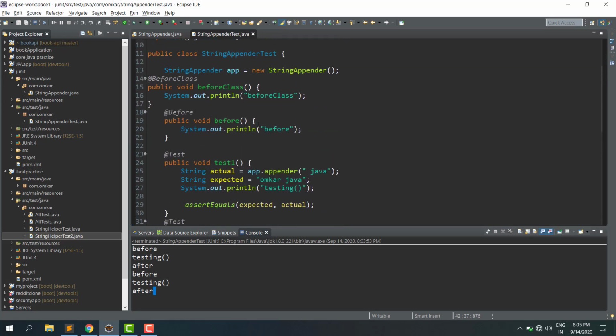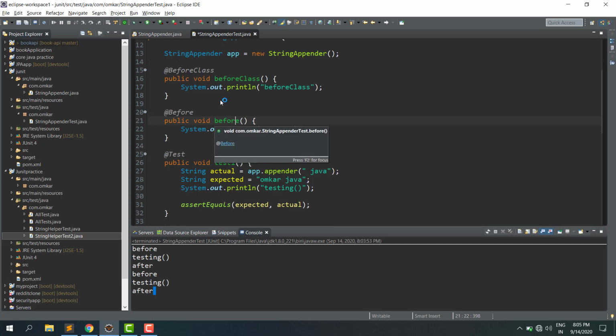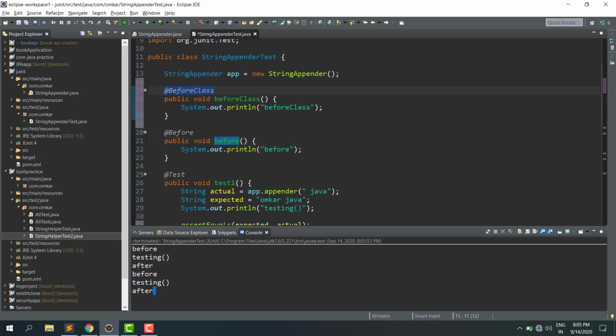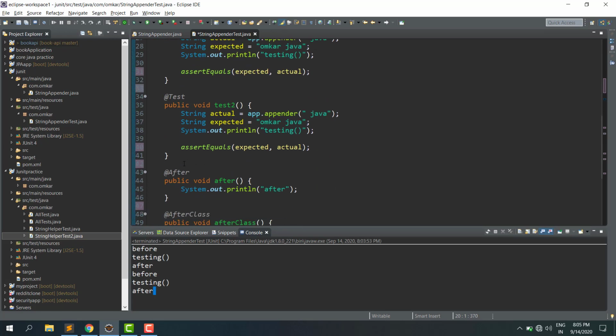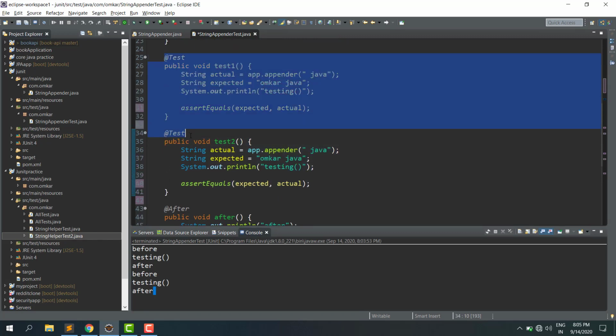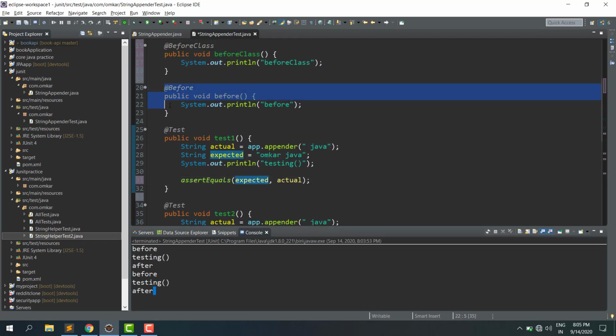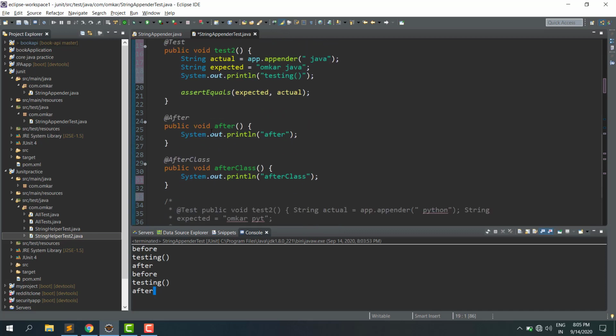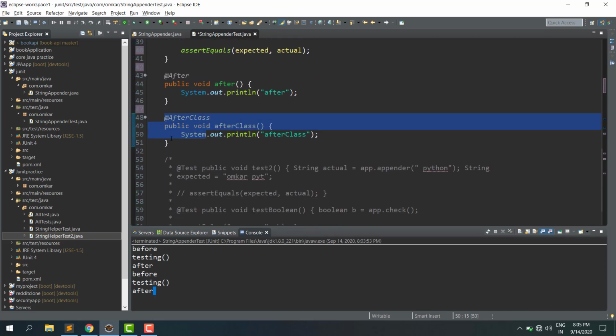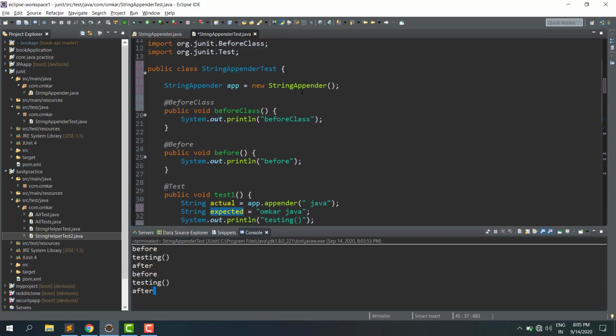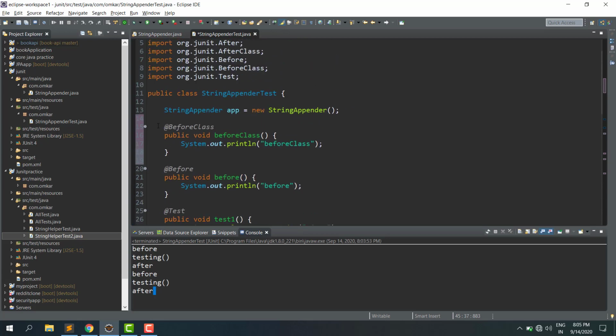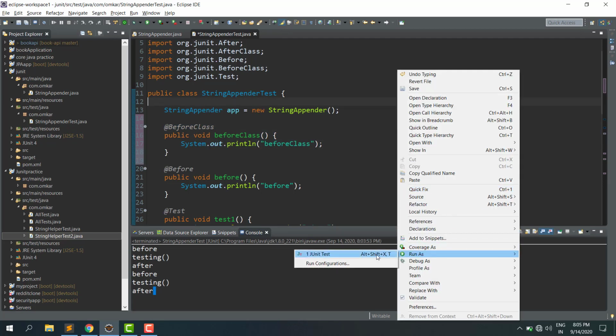So what's the difference between after class and before class? We have both annotations, before class and before. Before and after are for per method. For per method, it will execute that many times. That means if you have 100 test cases, it will appear 100 times. But before class and after class are only for class level. When a class is loaded, it will run this annotation only one time. If you run this code, you will see